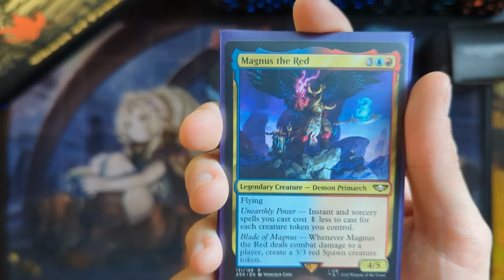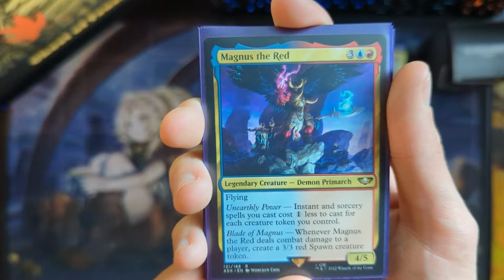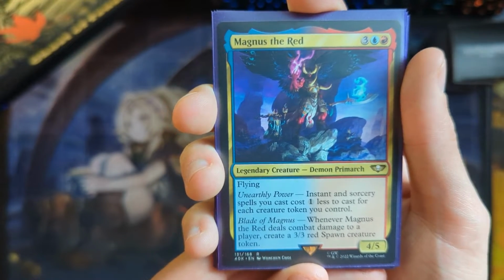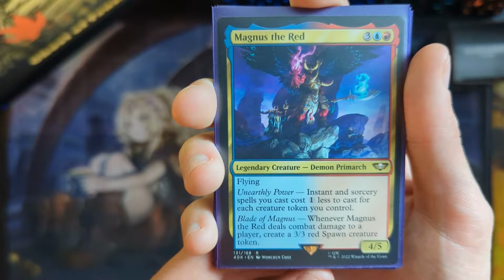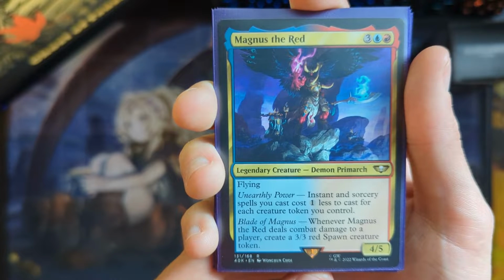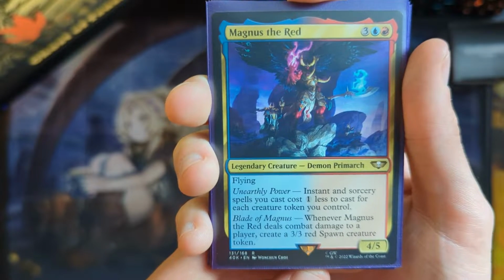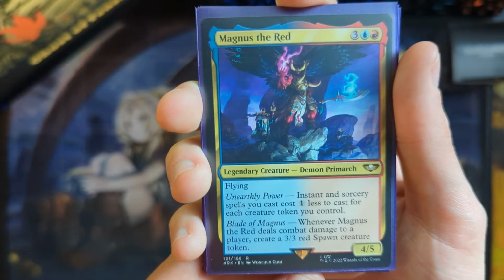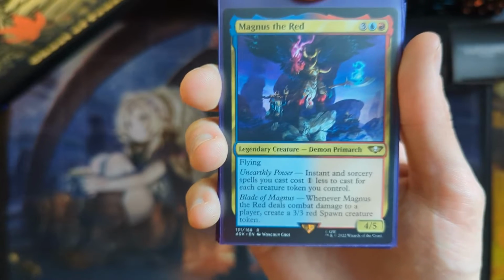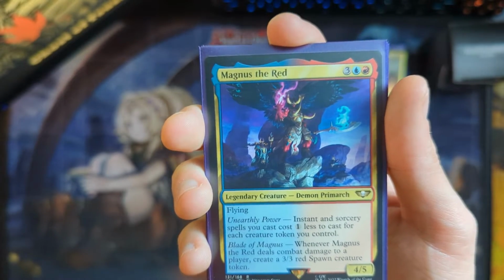We have Magnus the Red, a 4/5 for 5. He is a legendary creature, Demon Primarch, has flying. Says unearthly power, instant sorcery spells you cast cost 1 less to cast for each creature token you control. And then the Blade of Magnus, whenever he deals combat damage to a player, create a 3/3 red spawn creature token. Very good token swarm commander, as well as good for